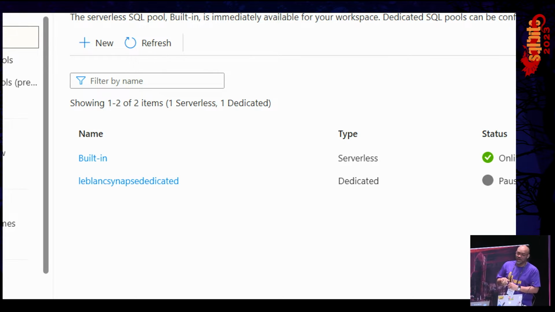With a dedicated pool, because there's a concept of pausing these resources behind the scenes, when you unpause that compute, then you pay for it. That's the only time you pay for it. But it's got to be up for you to access it, whereas with serverless, it doesn't.